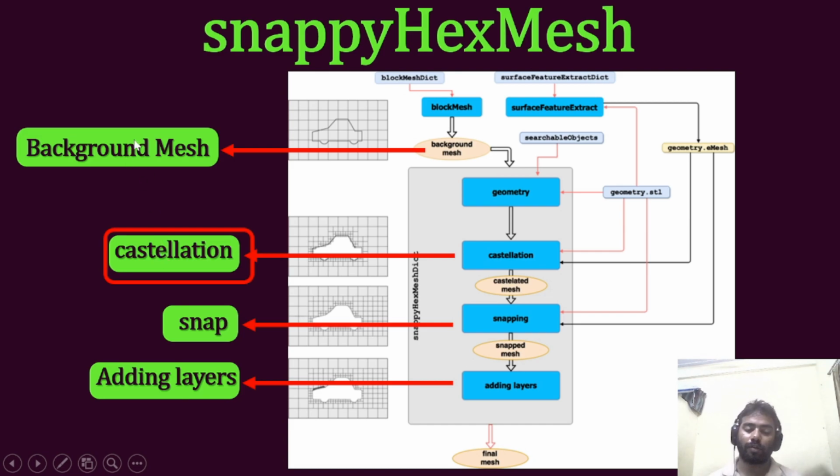First we are going to create an STL file using ParaView, and then for that STL file we are going to create a background mesh, and then we will do the castellation, and we will see some parameters in the castellation. After that we will go to snap, and then of course at last we are going to do adding layers. Okay,